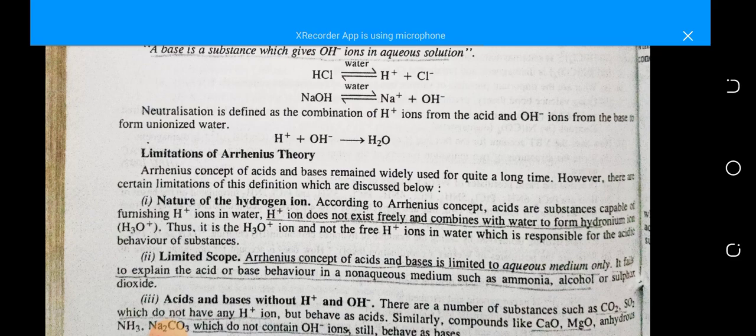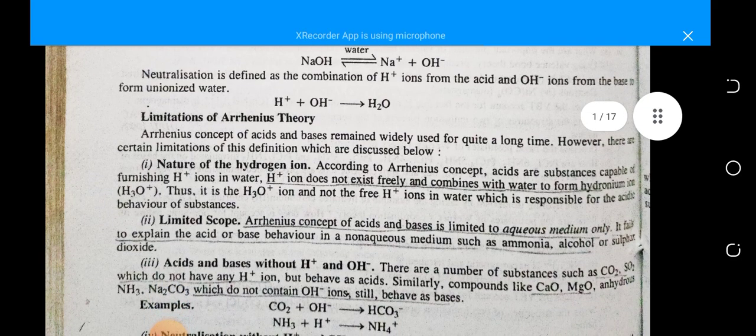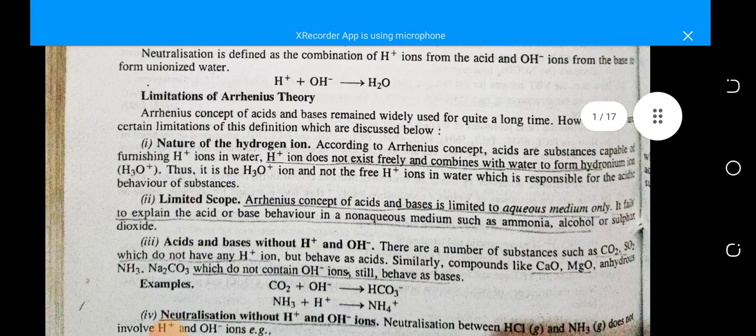Limitation of Arrhenius theory. Arrhenius concept of acid and base remained widely used for quite a long time. However, there are certain limitations of this definition which are discussed below. First, nature of the hydrogen ion. According to Arrhenius concept, acids are substances capable of furnishing H+ ions in water. H+ ion does not exist freely and combines with water to form hydronium ion. Thus, it is hydronium ion and not the free H+ ion in water which is responsible for the acidic